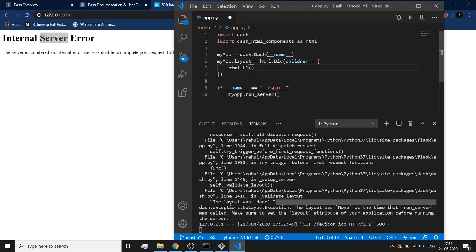So I'm going to stick with html.h1. Each class inside this HTML sub package has this children attribute. Inside this I can also specify children, but I do not need to. What I can do is say hello world.